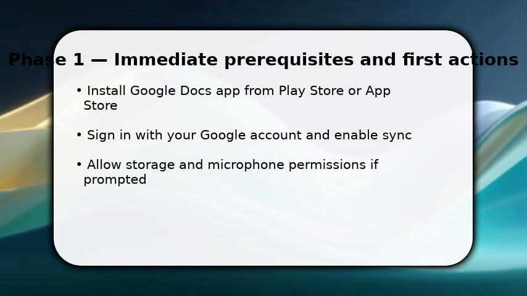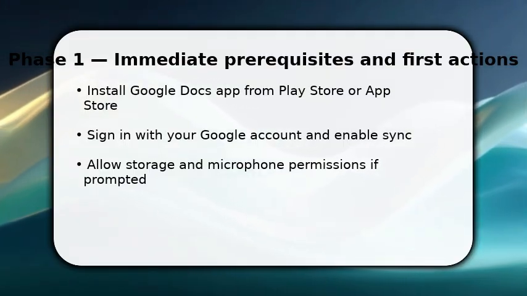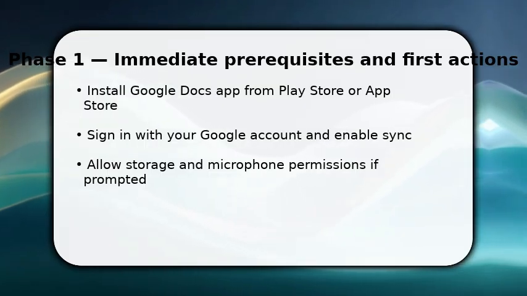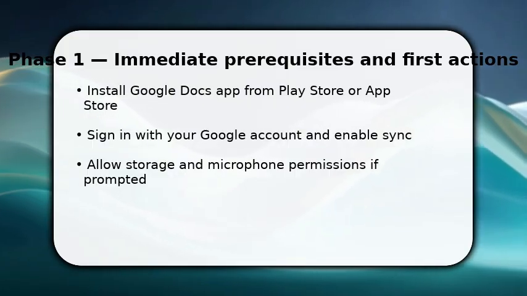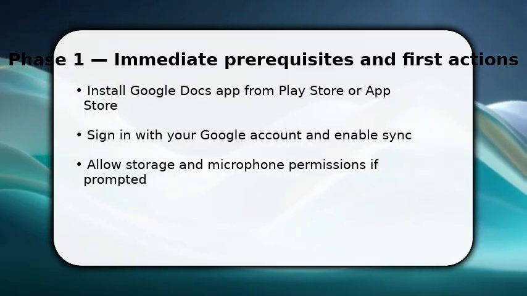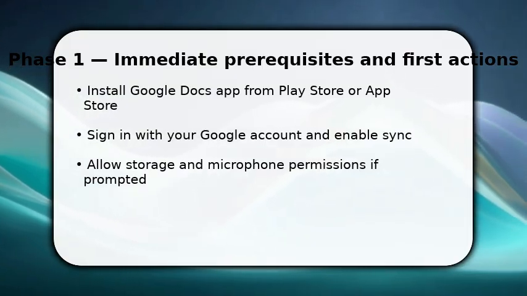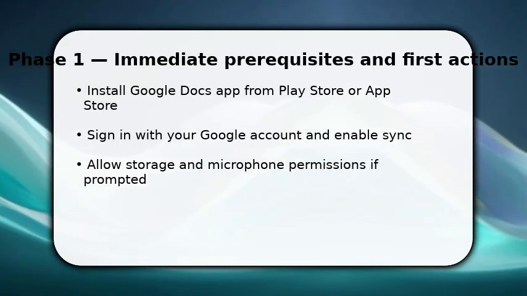You start by installing and opening the Google Docs mobile app. Make sure you sign in with the Google account you plan to use. Once done, enable sync so your files stay current across devices, and grant storage permissions so Docs can save offline copies. If you plan to dictate, allow microphone access now. This gets you ready to create and edit immediately, and it prevents permission prompts later when you need to work